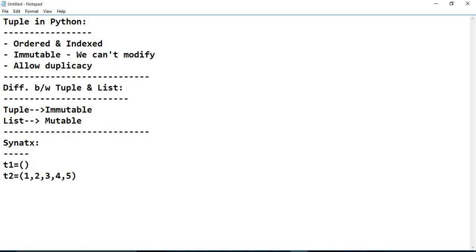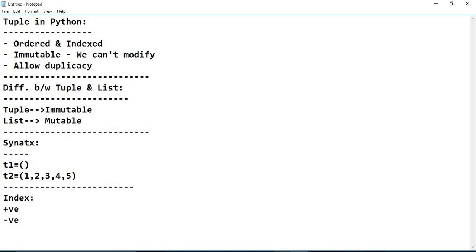And if we talk about indexing, this is one of the important features of Python. Based on the index, how can we retrieve the element? As we know, we can move in two ways, in the positive way and in the negative way. So positive index and negative index. This is the same as list.